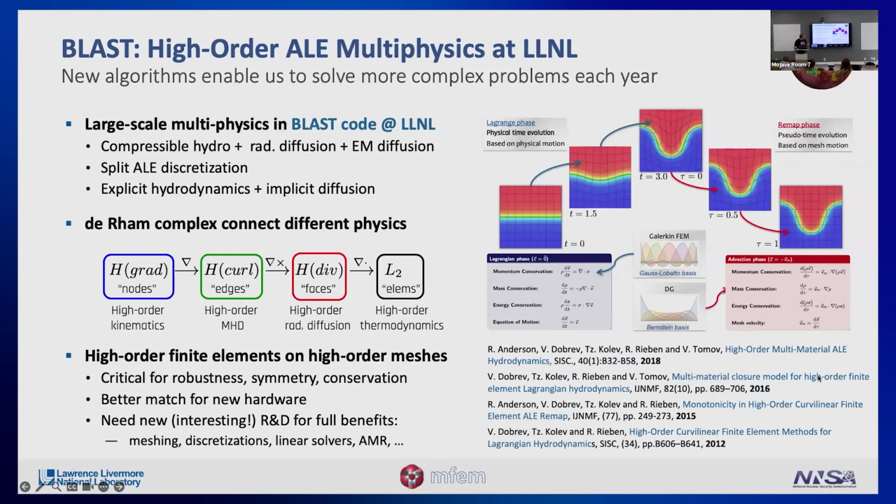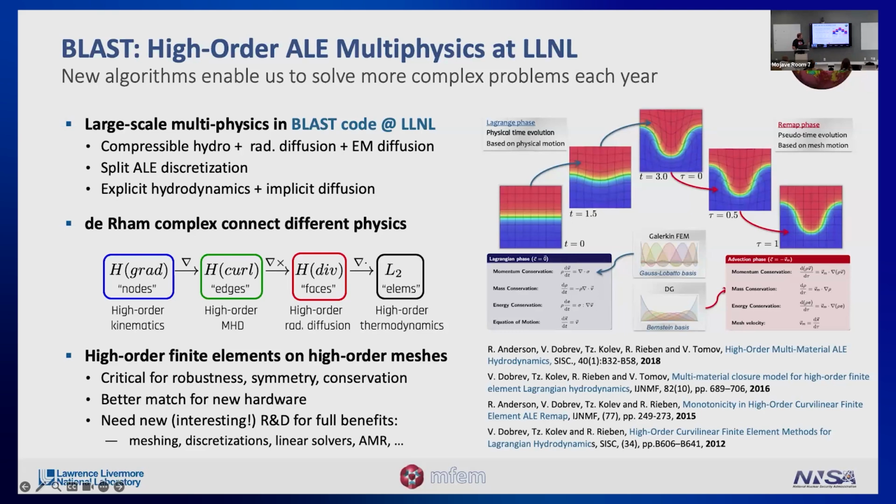And you do that by solving DG advection in pseudo time. That's why we have high performance DG. That's why we have very advanced methods for mesh optimization. And there's a lot of research in not just the fundamental mathematical methods, but also physics-specific things like artificial viscosity, closure methods, monotonicity, and quite a few papers that we've written in this area, some of which are